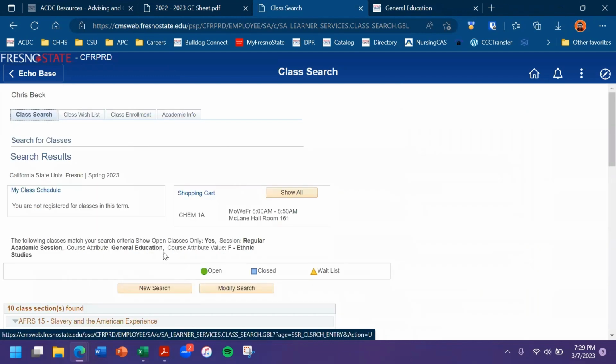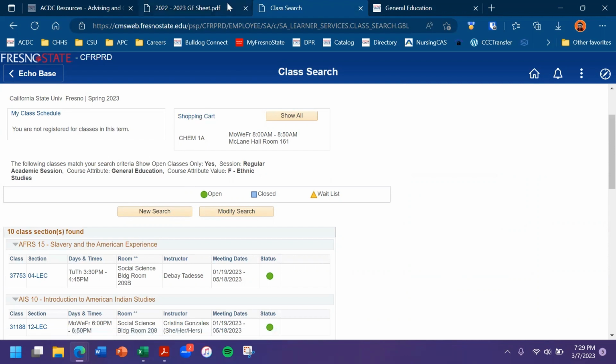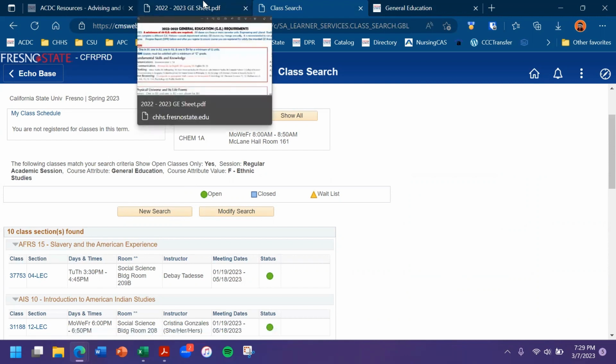So this is just a brief review on the GE areas. General overview, of course, is just that GE is a requirement for all majors in some capacity, must be completed by the time of graduation, and typically can be met pretty significantly through your major requirements. So it's critical to use both this GE sheet and your advising sheet in tandem with working with an advisor to make sure that you're as efficient as you can be while completing your requirements.